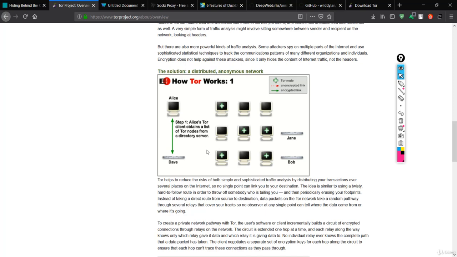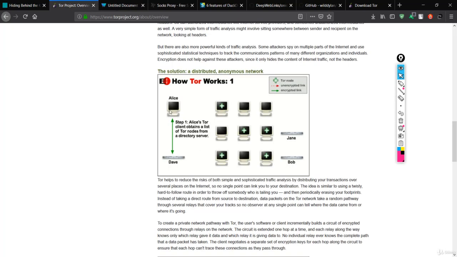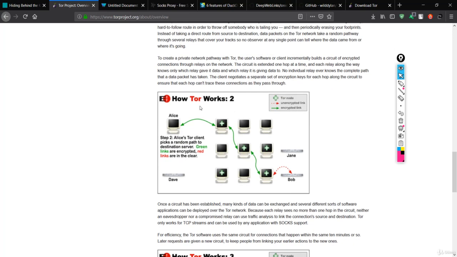First of all, Alice is asking for the Tor nodes. The Tor nodes are basically servers located in different locations. They are the Tor nodes or the directory server, and after that they will send the list of Tor nodes to Alice, and now encryption happens in the next step.